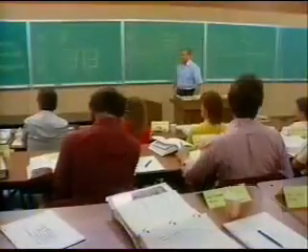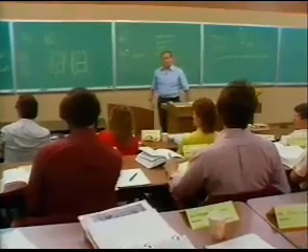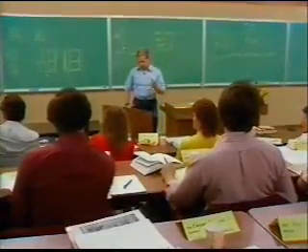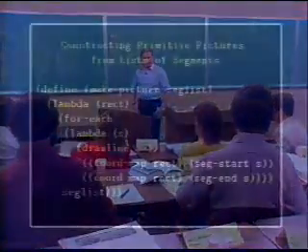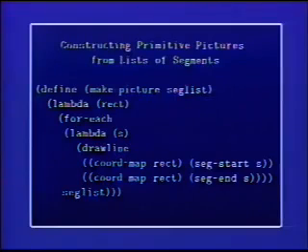Well, how do we actually get a picture to start with? I can build a picture to start with out of a list of line segments initially. Here's a procedure that builds what I'll call a primitive picture, meaning one that didn't come out of the side or rotate or something. It starts with a list of line segments. And now it does what I said. What's a picture have to be? First of all, it's a procedure that's defined on rectangles. What does it do? For each segment S in this list of segments,